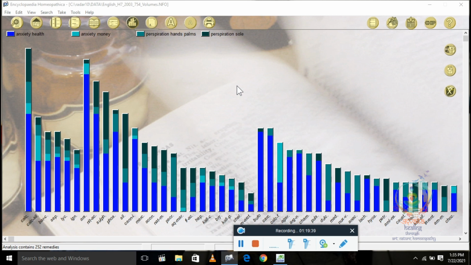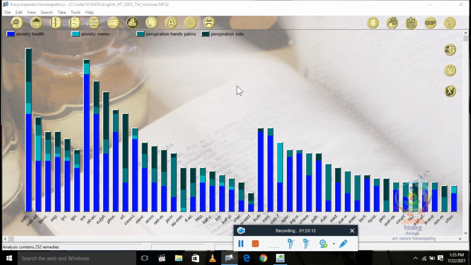Even Encyclopedia is a treasure for homeopaths. See, I have taken a demo from the new Radar Opus software, Radar Opus 10. They have combined Encyclopedia and Radar both in one software, so it is taking more time to open, 1 or 2 minutes to open the whole software.